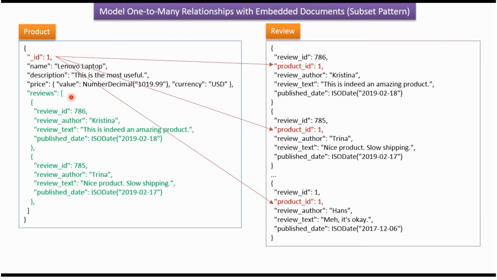In the product document, we are storing only the top 10 reviews, which is the required subset to show when a user logs into the application to see the product information. So this way we are improving the performance of read operations. And suppose the user wants to see the remaining reviews, then we can make one more query to the review collection, get all the related reviews and display them in the application.